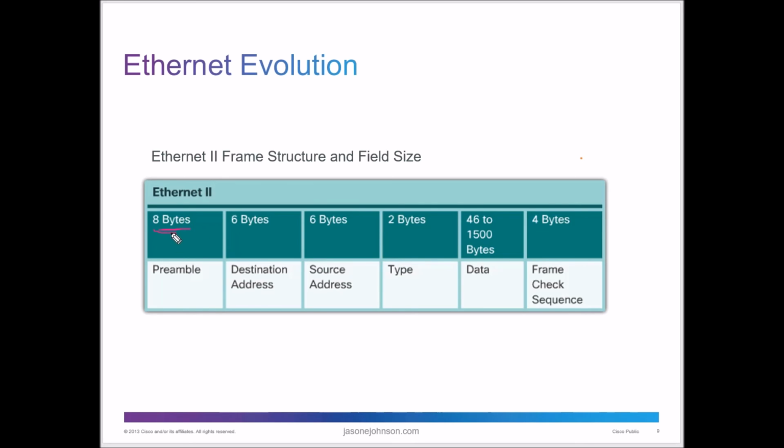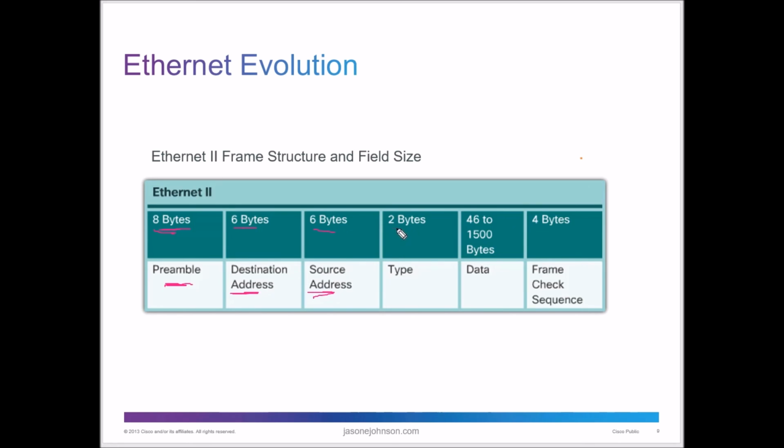You can calculate that on it. So we have 8 bytes of information. That's our preamble, and that's telling the network, hey, I've got a frame coming your way, and this is your first 8 bytes of data. Then the following 6 bytes are your destination address,